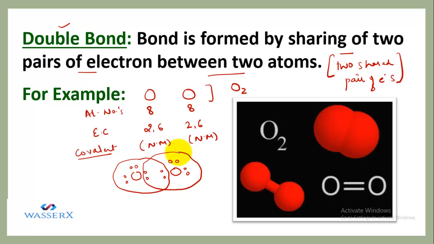It will do the same, that 6 electrons it already possesses and 2 it is accepting, or you can say it is mutually sharing, from the other oxygen atom. So this is the bond, and you can see how many electrons are mutually shared. They are two in number, so we can replace it by 2 lines. So this is how we are going to show the double bond between the oxygen atoms or any other atoms of a molecule.